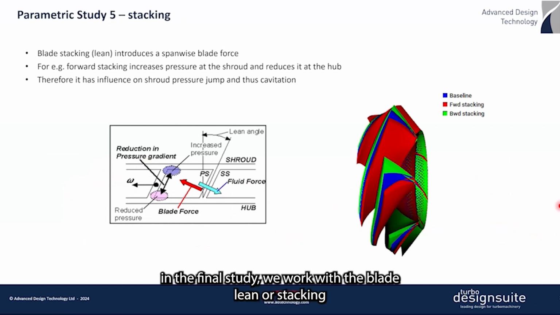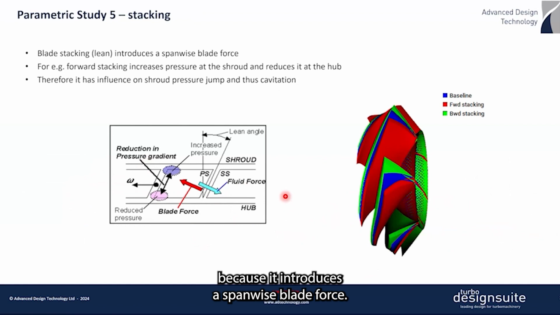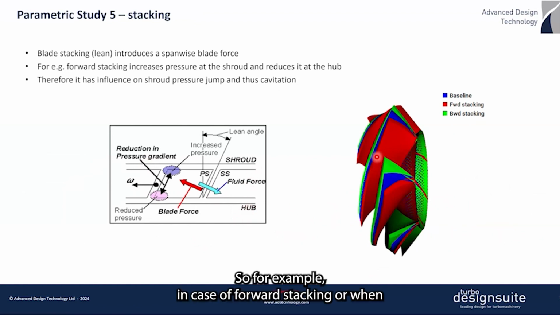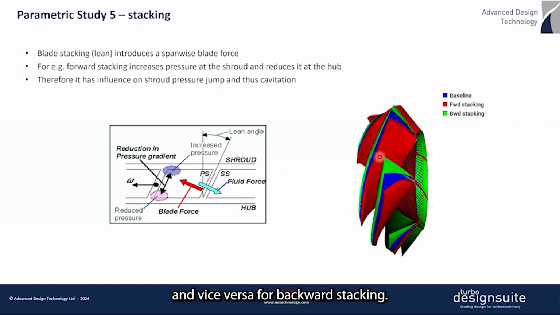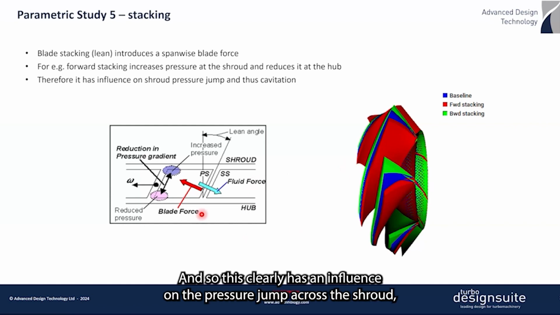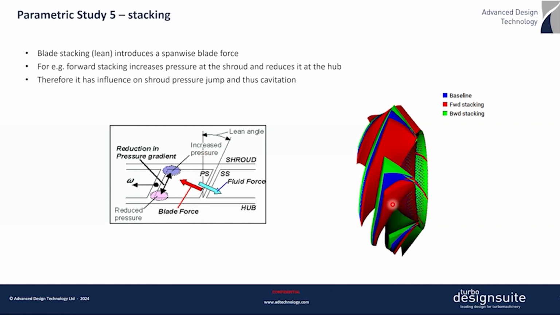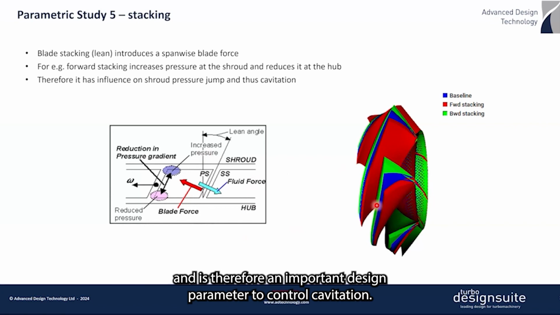And then in the final study, we worked with the blade lean or stacking because it introduces a spanwise blade force. For example, in case of forward stacking, the shroud leads the hub in the direction of the rotation, and it increases the shroud pressure and reduces the hub pressure, and vice versa for backward stacking. And so clearly, this has an influence on the pressure jump across the shroud and is therefore an important design